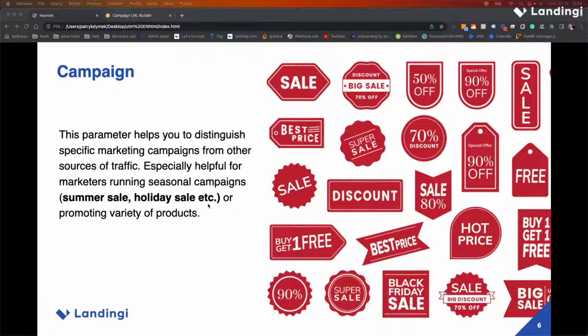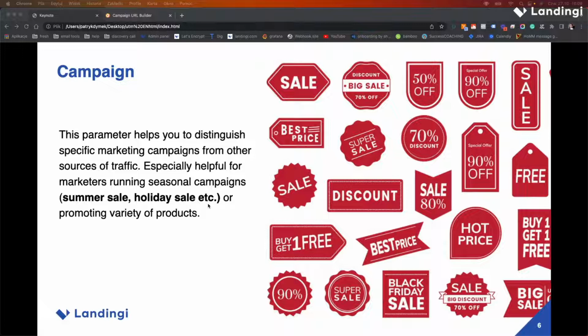And these 3 are the UTM parameters required by Google, let's call it a big trio, to create a proper UTM URL that helps you narrow down analytics reports inside Google Analytics.